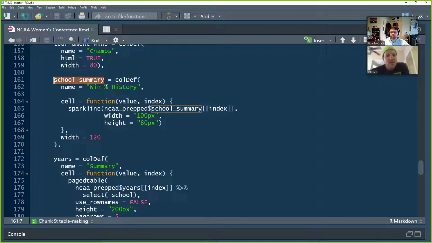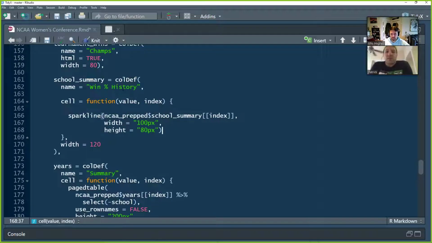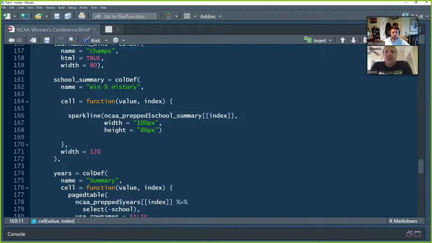School summary is a column definition. We're going to call this column Win Percentage History. This is where we're going to dump our sparklines. We did sparklines in a previous TidyX. They're a really cool way to put a simple data visual inside of your table